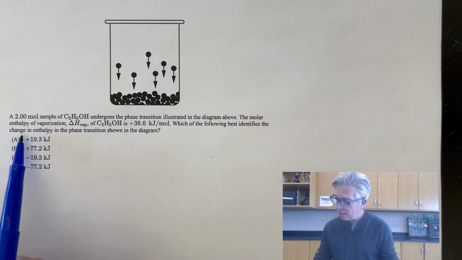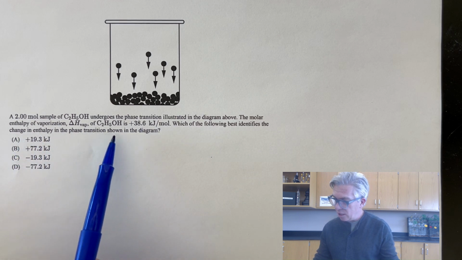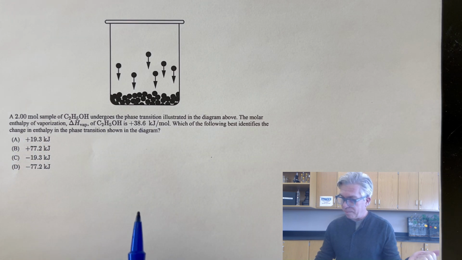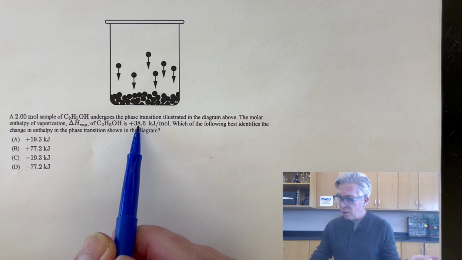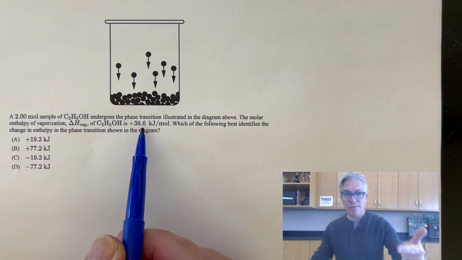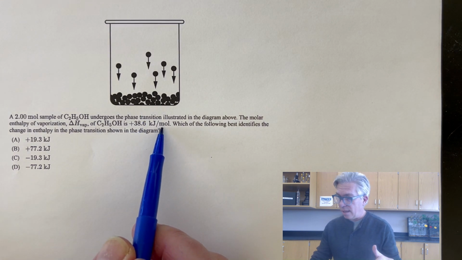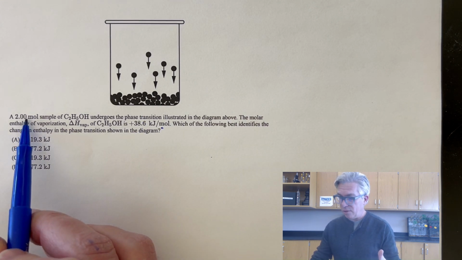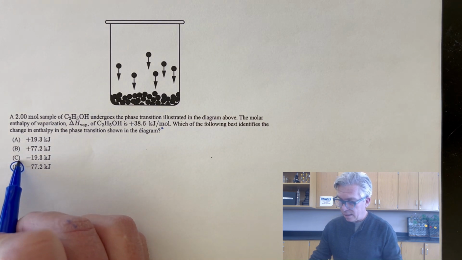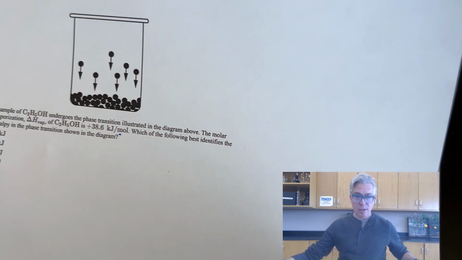Which of the following best identifies the change in enthalpy shown in the diagram? Okay, so 38.6 goes in to vaporize it. 38.6 comes back when it condenses, and that's per mole. I'm told I have 2 moles, so double that is 77.2